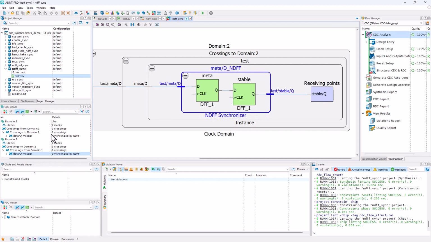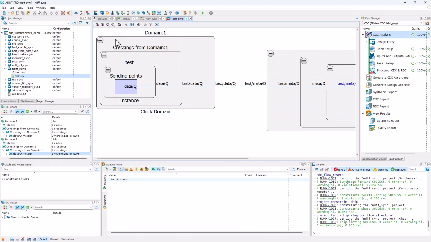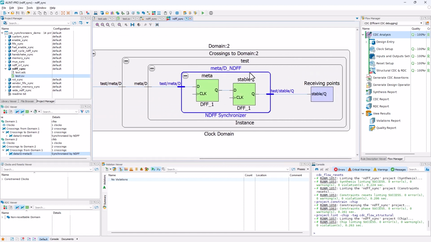Also, you could see that over in the CDC viewer tab. But here you'll notice we have this domain transmitting data over to the receiving domain, and it is being synchronized by this ND flip-flop synchronizer, and now we have that receiving point, the output of that synchronizer. So, now that we've gone through all those windows, we can go ahead and close them up and get ready